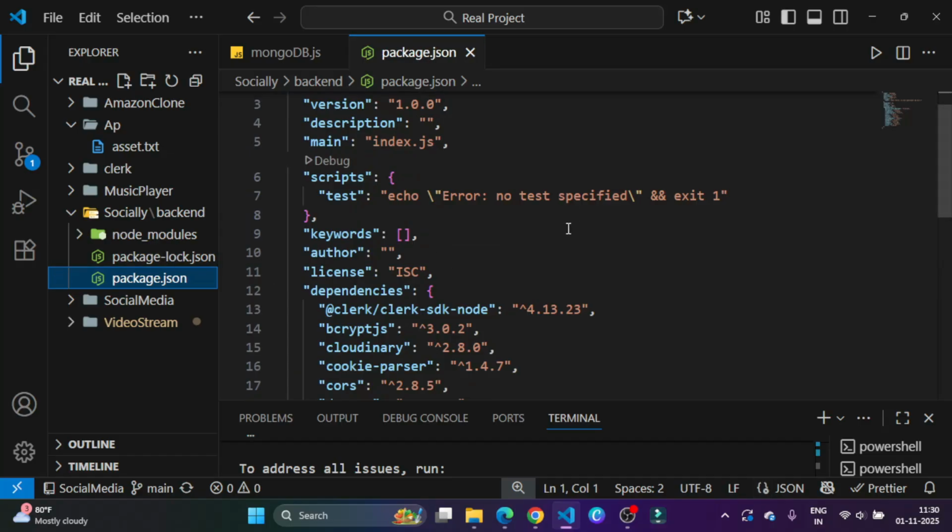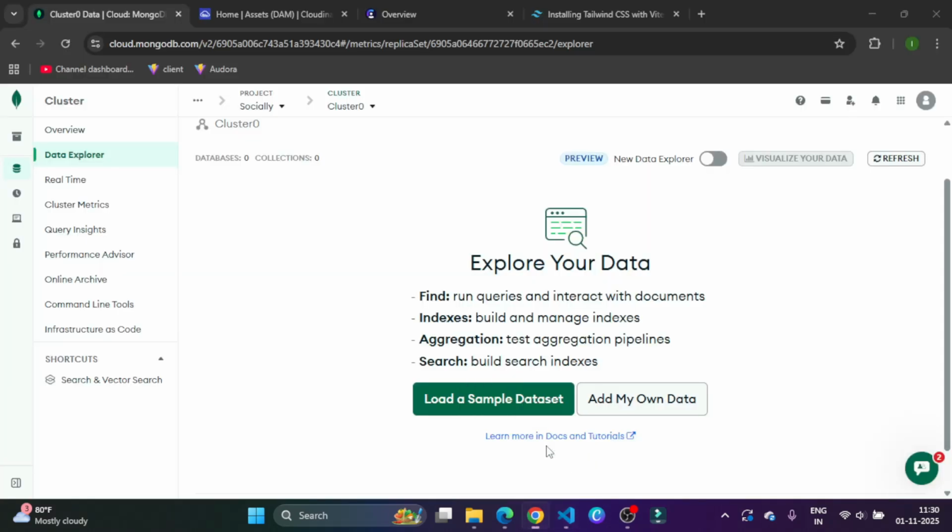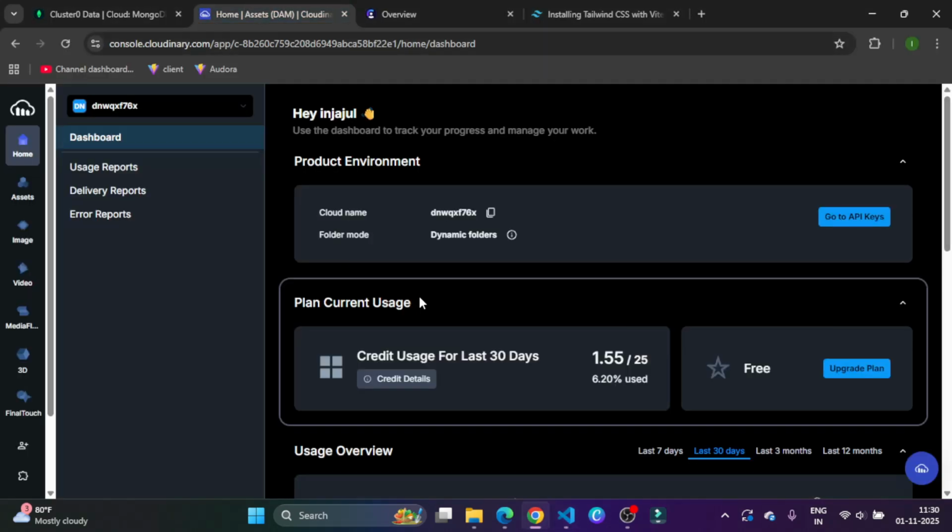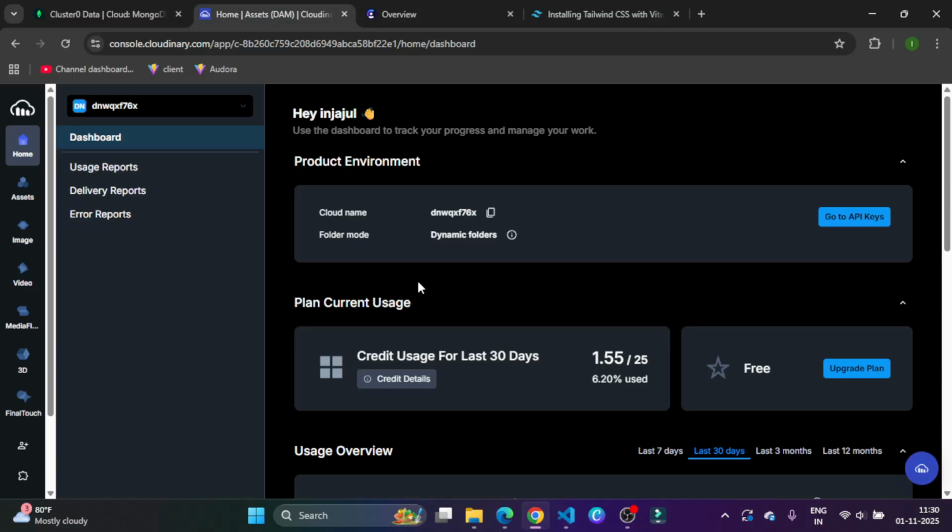So let's go to the Cloudinary setup, right? This is our Cloudinary platform. Guys, if you don't have an account, please create one, and once you log in, you will be redirected to and land on this homepage. You can see, and from here we need three things. First is the cloud name, this one. Second is the API key. Just go to API keys,